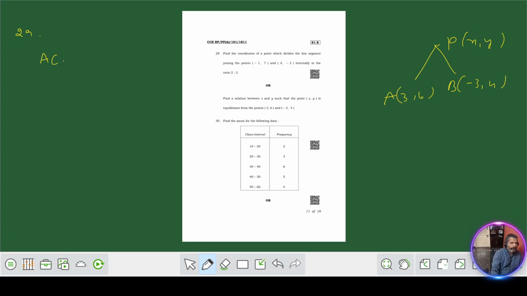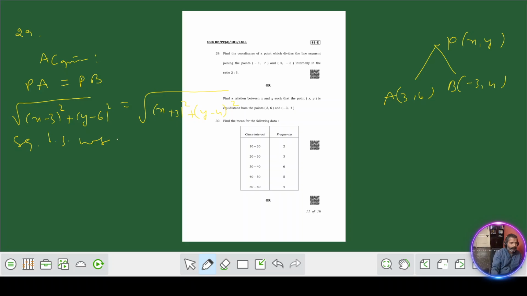According to given, what you have to write? PA equal to PB. Distance formula, distance between 2 points: square root of x2 minus x1 whole square plus y2 minus y1 whole square. That formula to use. So PA is nothing but square root of (x minus 3) whole square plus (y minus 6) whole square is equal to square root of (x minus of minus 3, that is x plus 3) whole square plus (y minus 4) whole square. To cancel the square roots, squaring both sides, we get